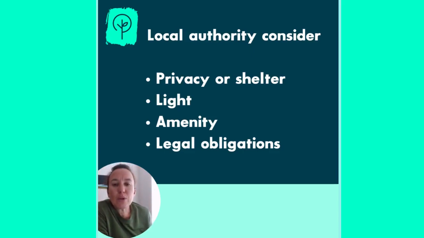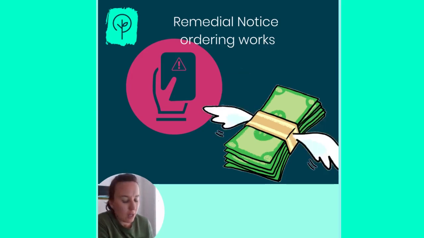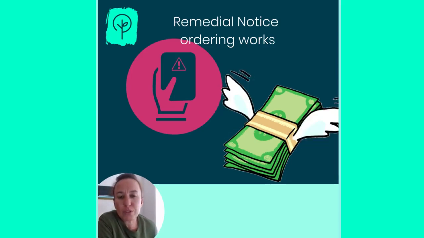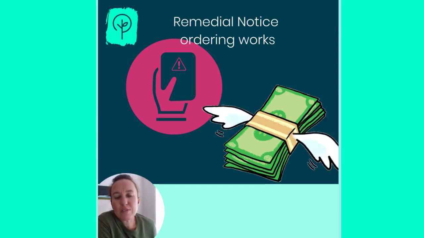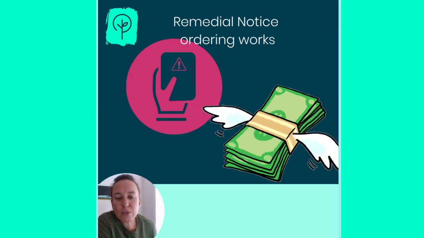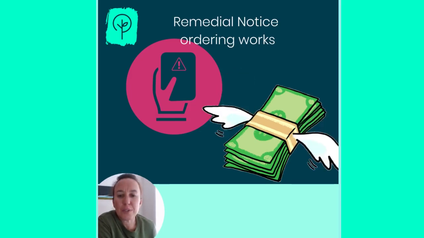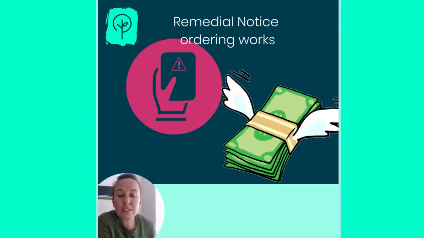But presuming the local authority do make an order against the hedge owner, then that is by way of a remedial notice, which orders the hedge owner to carry out works to reduce the hedge to a reasonable height. If they don't do that, then there's the risk of a monetary fine. And also, if they don't do that, then there is a risk that the local authority can actually enter onto their land, carry out the work themselves, and send a bill to the hedge owner. So that's the high hedges dispute system in a nutshell.